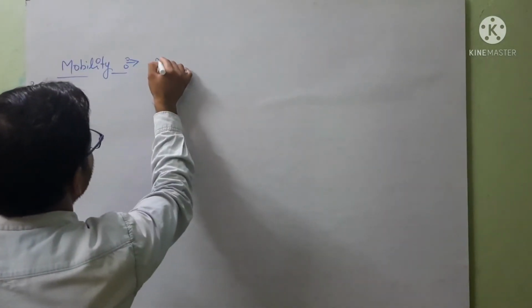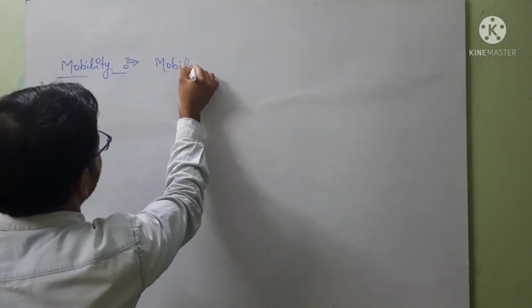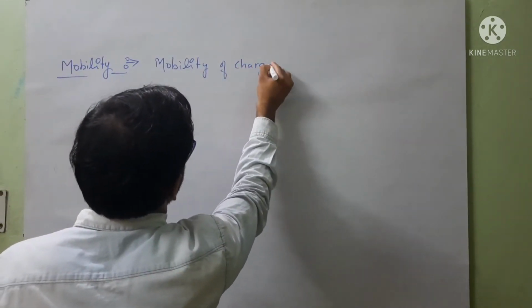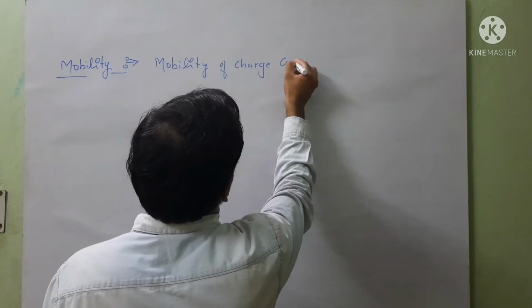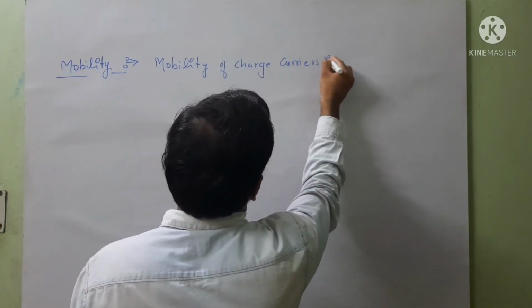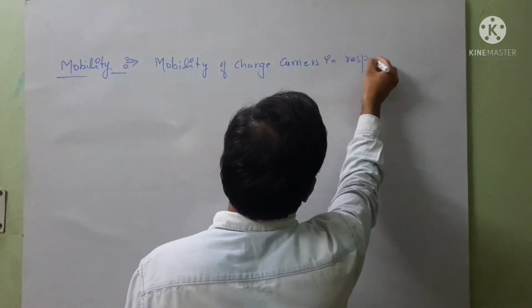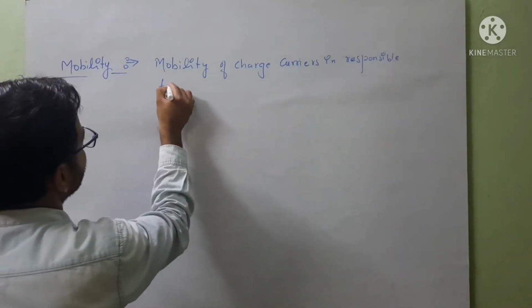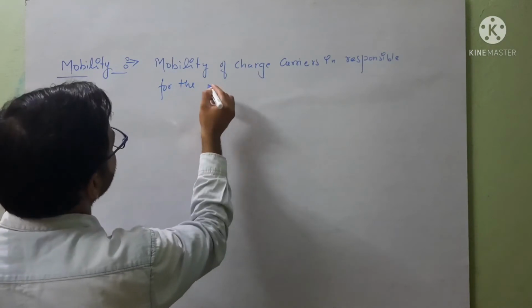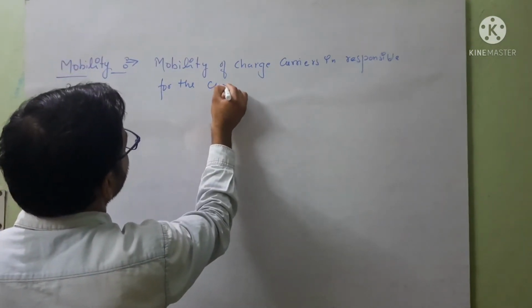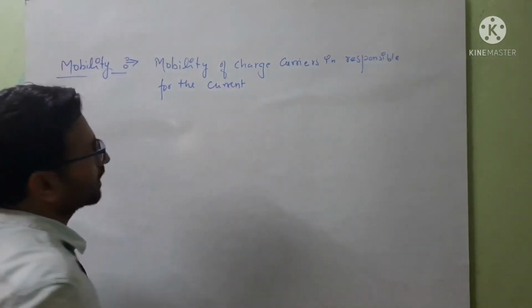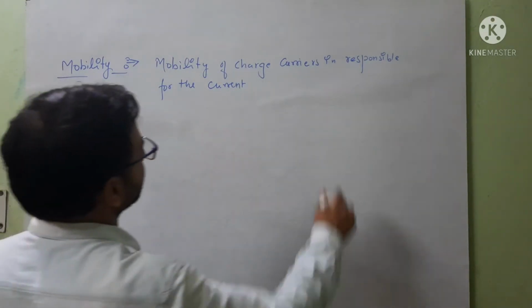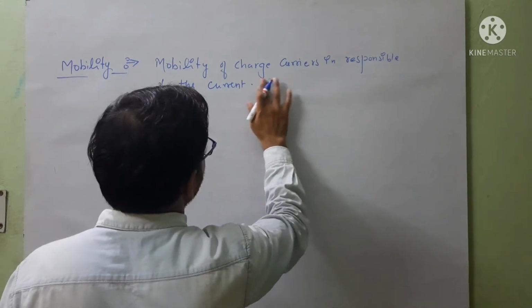So mobility of charge carriers is responsible for the current, and it is defined as